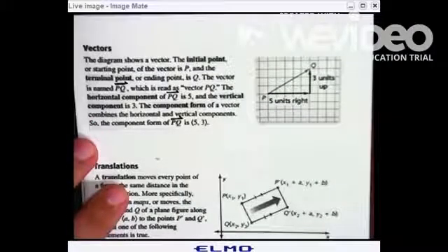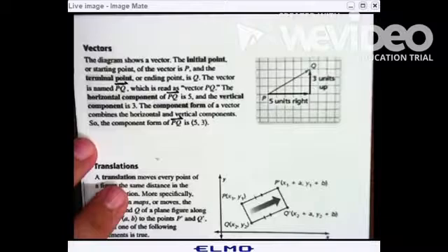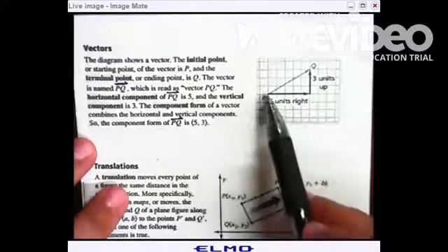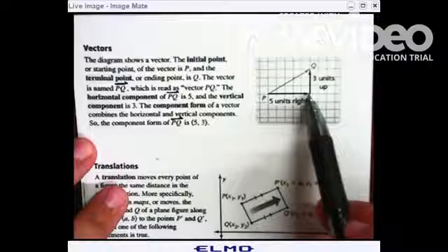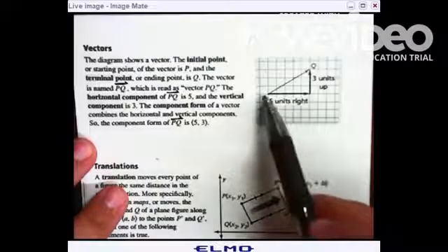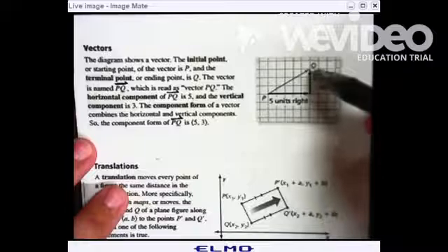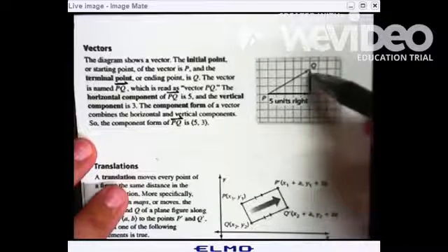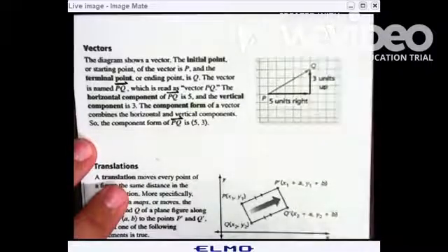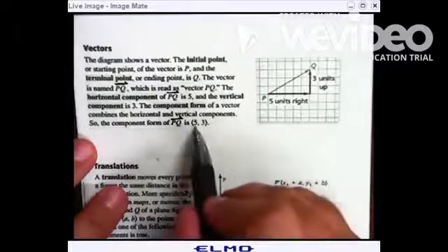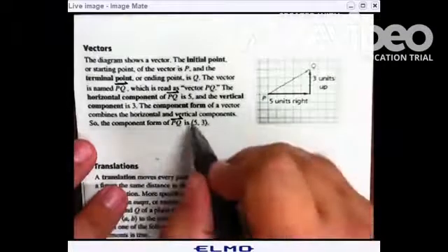All vectors have two components. They have a horizontal component and they have a vertical component. All right, the horizontal component says we are going to go 5 units to the right. So we have a positive 5 units to the right. And we are going to go 3 units up, so we have a positive 3 for 3 units up. And we will write this in component form, which looks like this. And just so you see, these are not